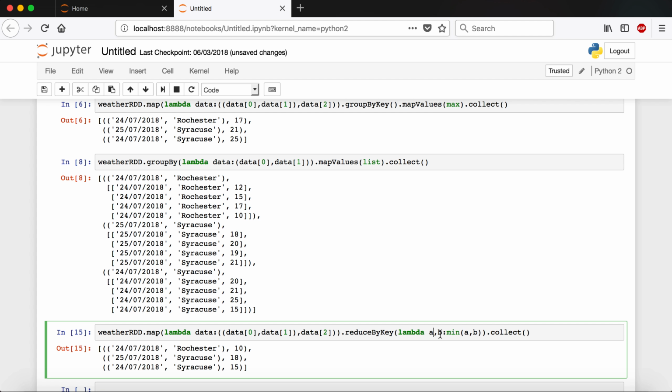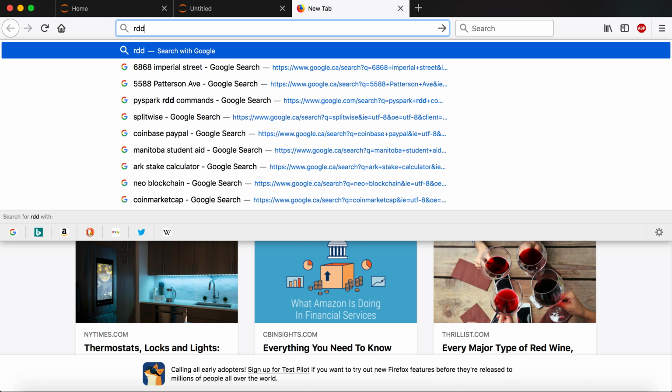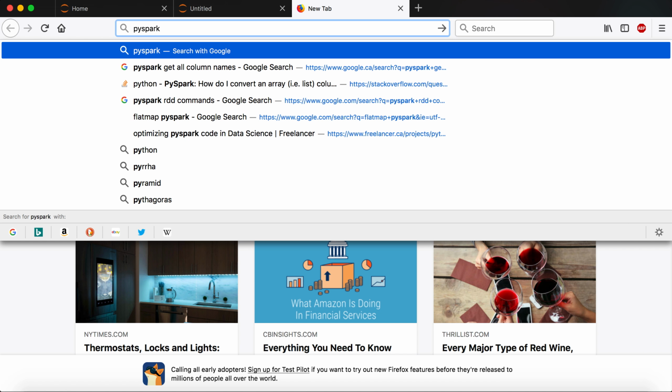But in this case, what we are looking for is a minimum value at a particular key, which is our date and a station. So basically, given a key, we want to return the minimum value, and that's what you're finding. Vice versa, you could use max, and it would return the max. So sorry, I did get confused, but in this situation, what you can do is go to PySpark documentation,